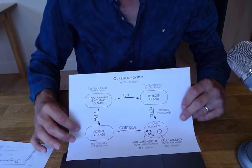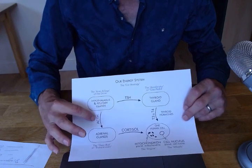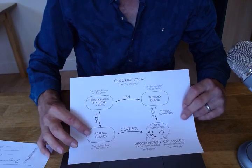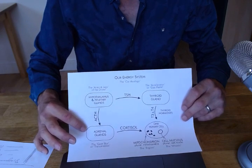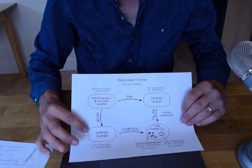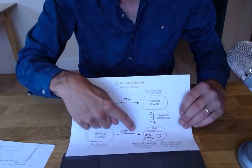The adrenal glands are great little glands. They're very simple. And if they've got enough ACTH and enough cholesterol in the bloodstream, they just make lots and lots of cortisol and DHEA. They don't get fatigued. They're not tired. They're not stressed out. They just work. They work and they work and they work,